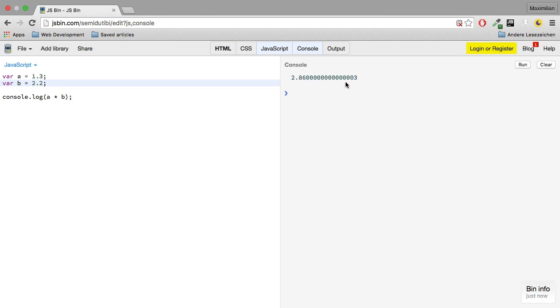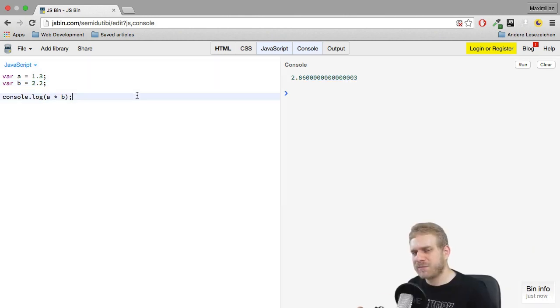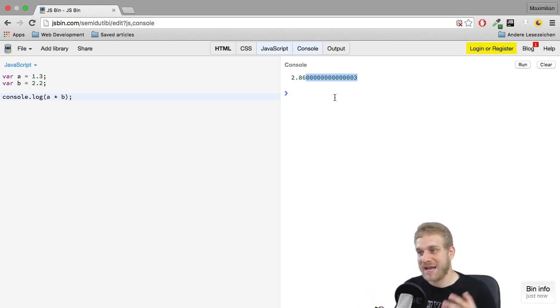That is very strange. That clearly is not the correct answer. The answer should be 2.86 and all of that stuff shouldn't be there. And that's a bug in JavaScript. It has its issues with floating point numbers, and it has the bug of, well, adding this strange part here, so making a more complex number out of this than it actually is,